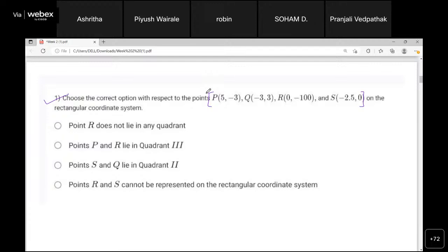Sir, can you tell me which part of your assignment you're going through? This is the activity question. Sir, do we need to unmute and tell the answers? Option A, B, C, D.